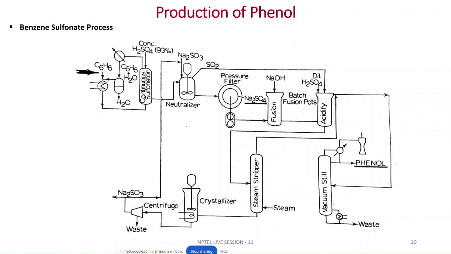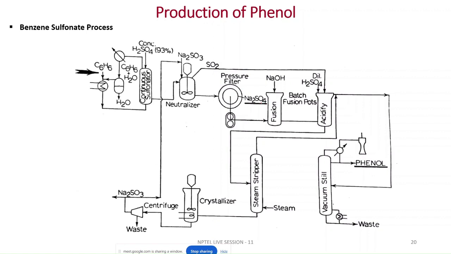The product is sent for neutralization, where it is neutralized by Na2SO3, and SO2 gas is produced as a byproduct that can be used in a further step. The sodium benzene sulfonate produced is passed to the pressure filter,